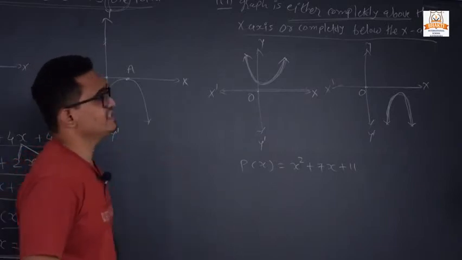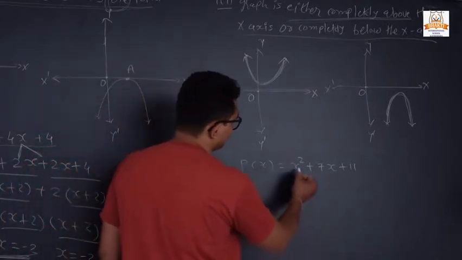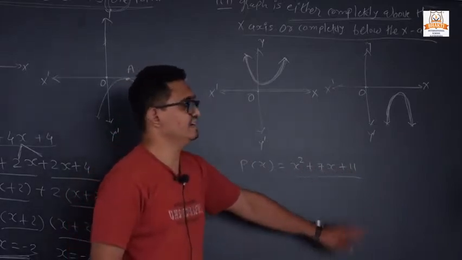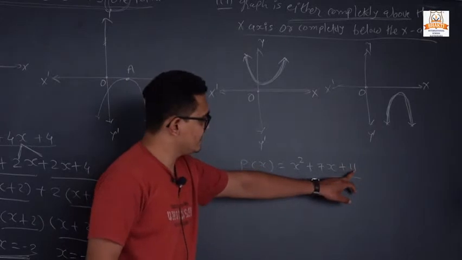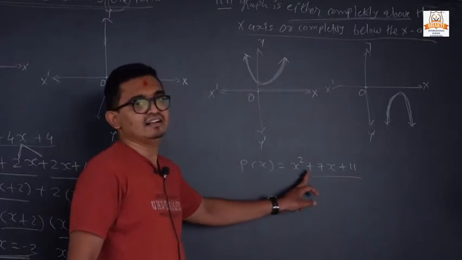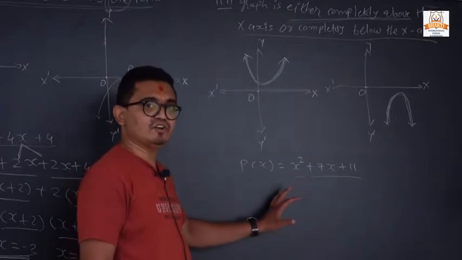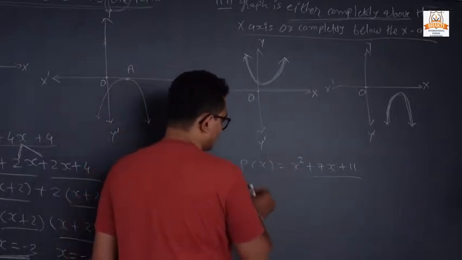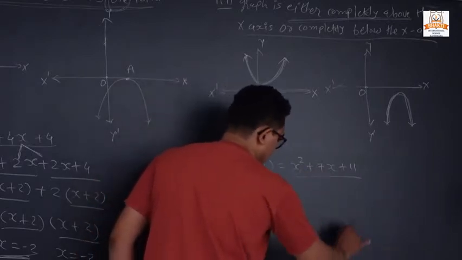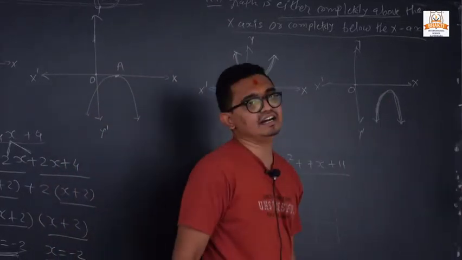So we can take one example so you can get the idea. How is it possible? First of all, see that example: x square plus 7x plus 11. Now we want to factorize it, but it is not possible. So we cannot factorize that polynomial, so we cannot get real roots. If we put different values of x here and make a chart, either it is like that form or like that form only.